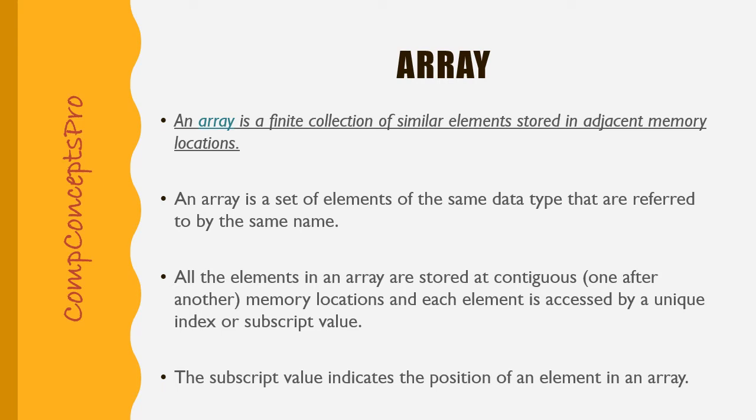The programmer will provide a variable name for this collection, which is now called an array. Remember, we cannot allot a keyword as the variable name. Now, all the elements of our array will have separate index values starting from 0 to n minus 1, where n is the total number of elements stored in our array. Each and every element of the array can be located with the help of this index or the subscript value.